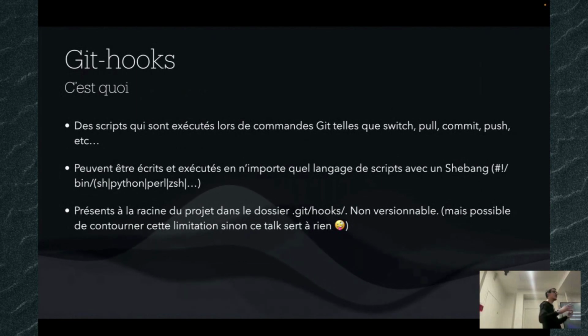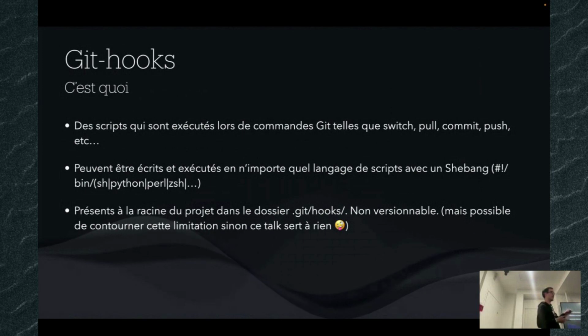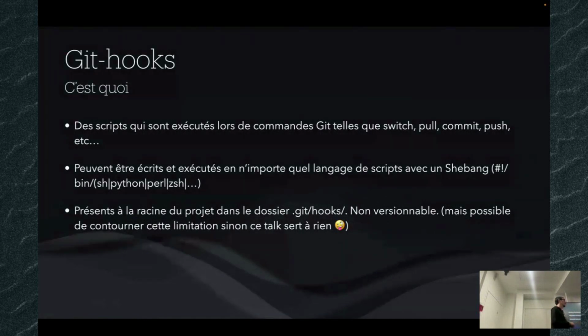So you can run Python scripts, shell scripts, or Swift, because we can write scripts with Swift.